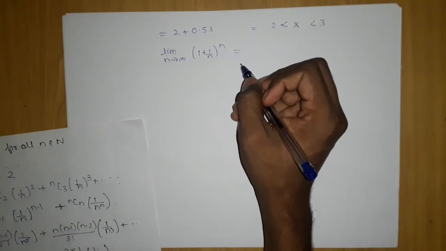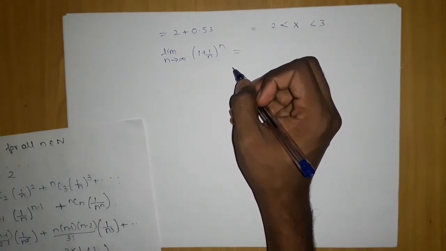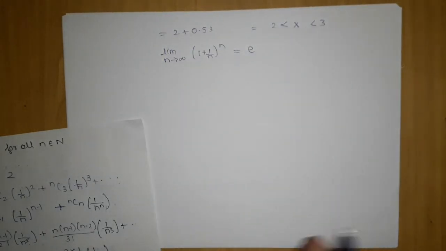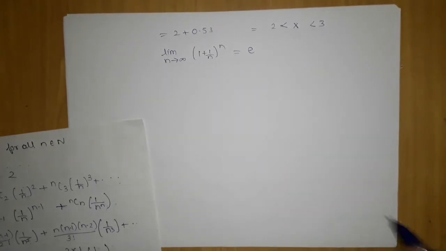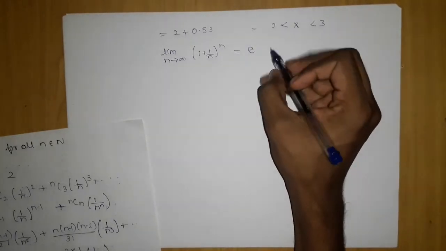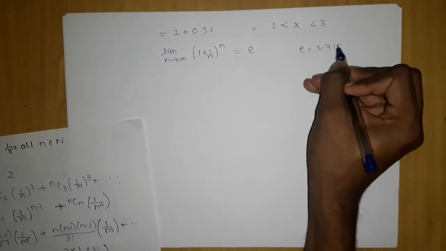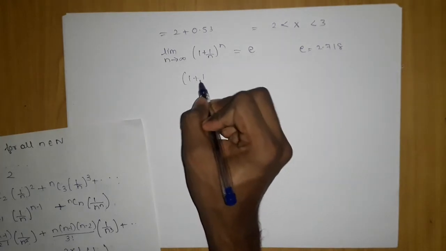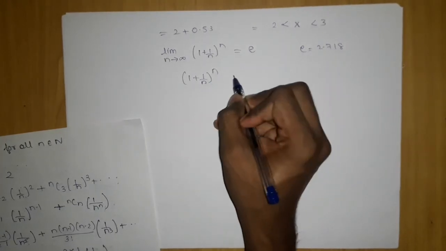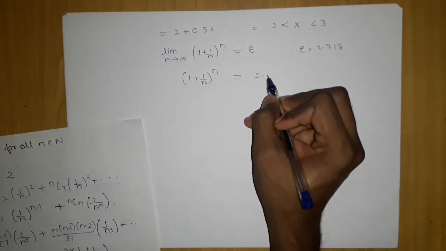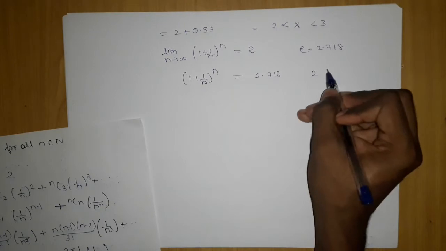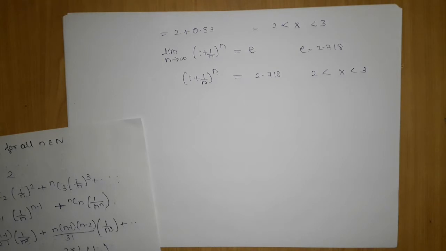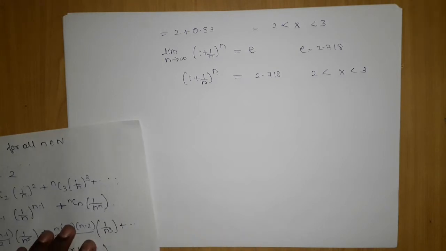So a general statement is, limit n tending to infinity 1 plus 1 by n power n is what many teachers say is equal to e. In what sense? As n tends to infinity, it is approximately 2 point something, which you can call e. Why? Because the value of e is 2.718. So just remember that whenever you get 1 plus 1 by n power n, where this n and this n are the same, you can predict its value is 2.718, or it is between 2 and 3.